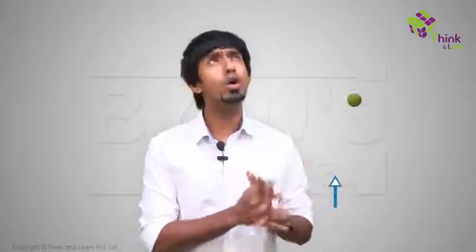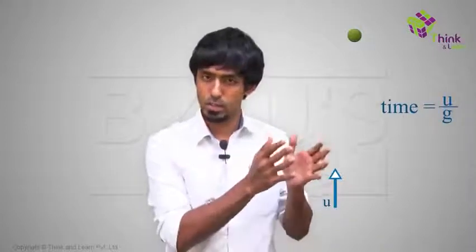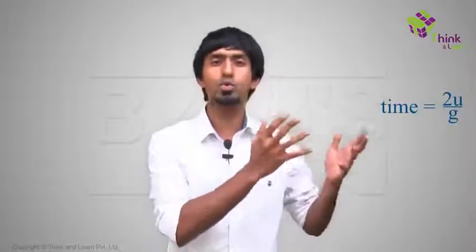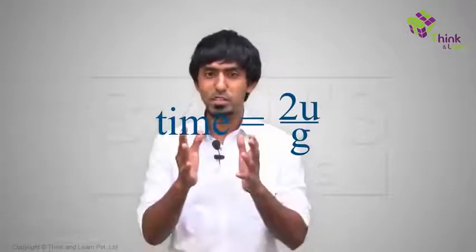If you were to notice, if I had thrown a ball up at u, how long will it take to reach its highest point? u by g, right? If you're curious why, every second the velocity reduces by g. So for it to become 0, it takes u by g seconds. It's easy to do. Then for it to come back again, it will be 2u by g. So if I had thrown a ball up, it takes 2u by g seconds to go up and come down. Now what's this whole projectile motion viewed from this point of view? It's just a ball thrown up at u sine theta. So you have 2u by g, you just have to replace u with u sine theta and you get the answer for how long this person will stay in the air.